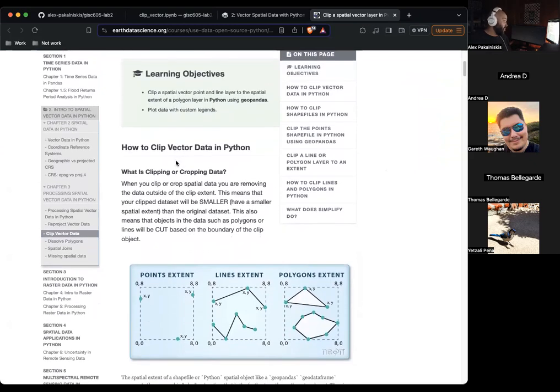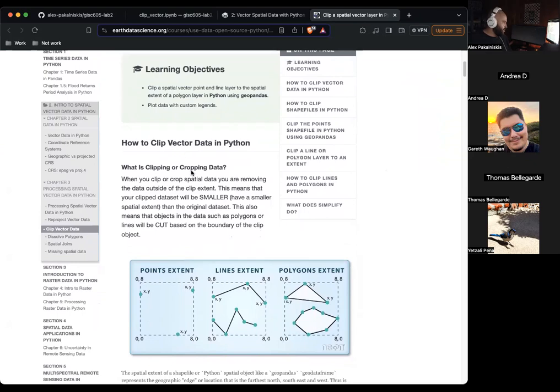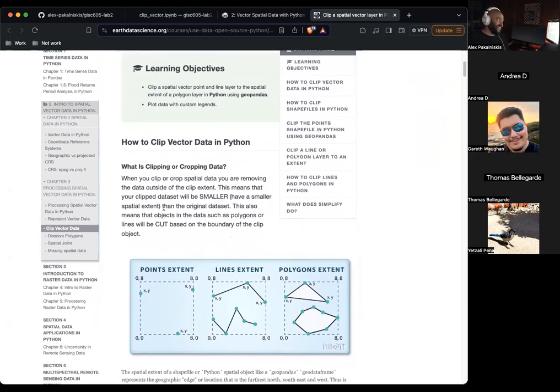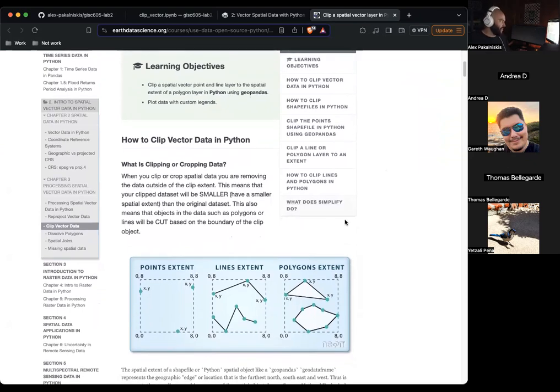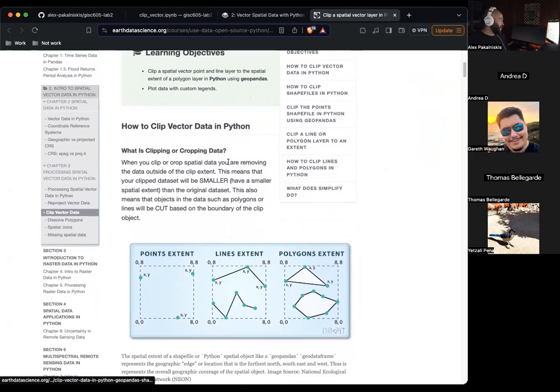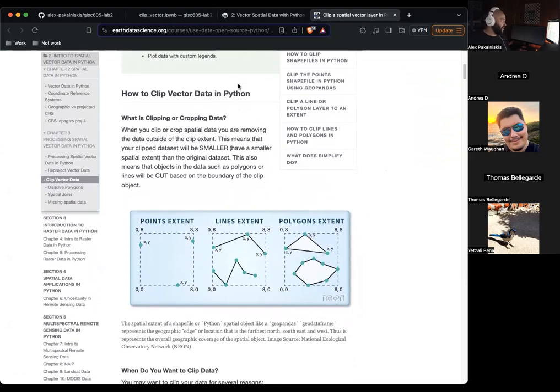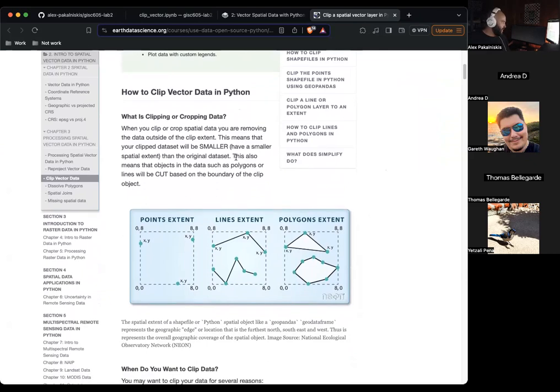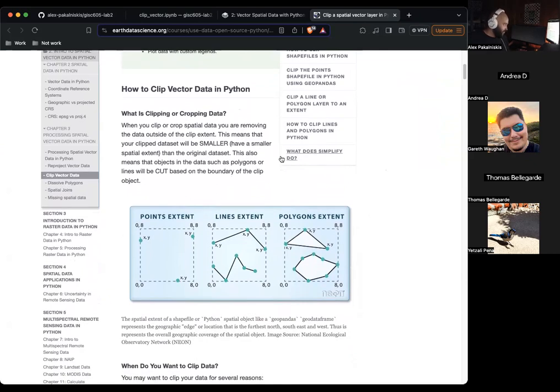Or I guess first is, what is clipping? It's when you remove data outside of an area of interest or an extent that doesn't matter to you. And so your clipped data set will be smaller than your original data set. Data from your original data set will be cut based on the boundaries of some kind of clip object, like a cookie cutter.